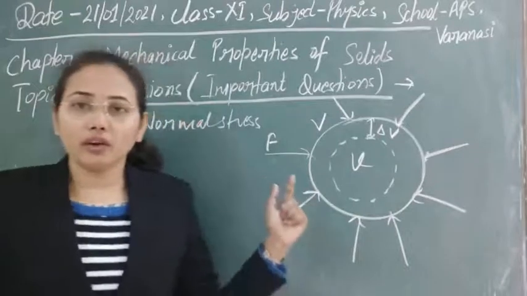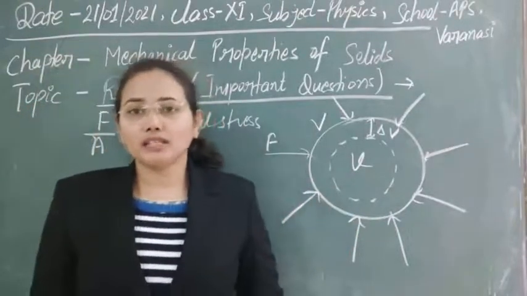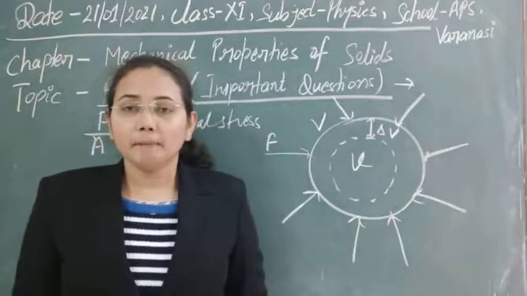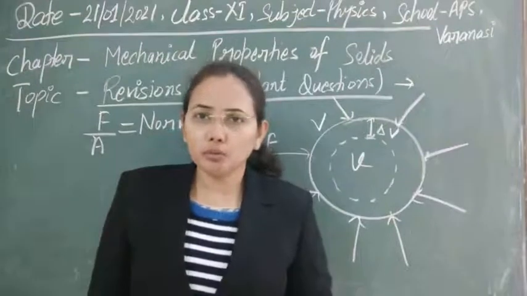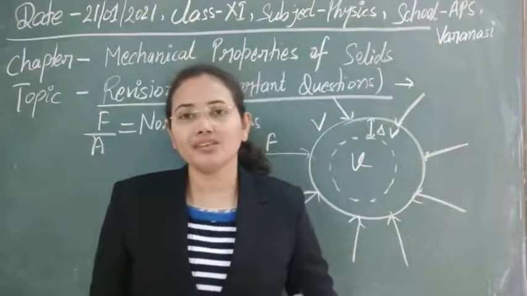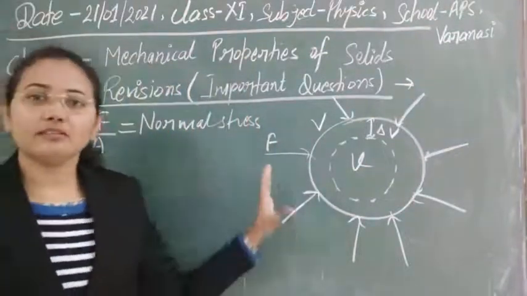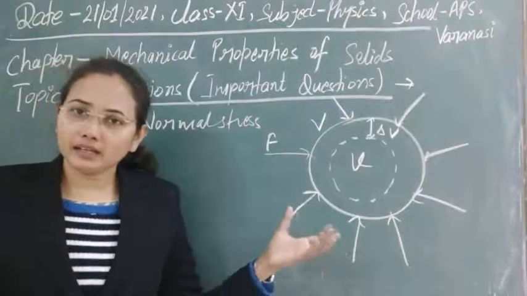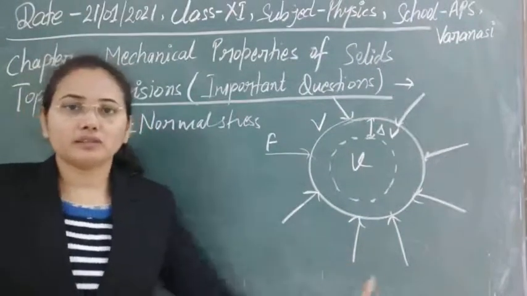One word for Hooke's law that is important. We are just calculating all the elastic constants within the elastic limit. Within the elastic limit means that when we remove the deforming force, the body can regain its original shape and size, or original configuration, again. At that time we can say the body is within the elastic limit. Its elastic property is retained there. It is not going to be plastic.